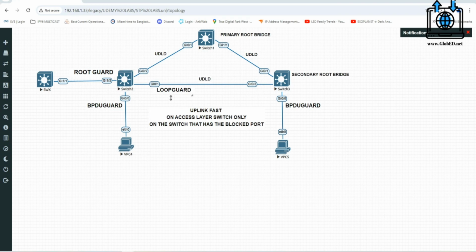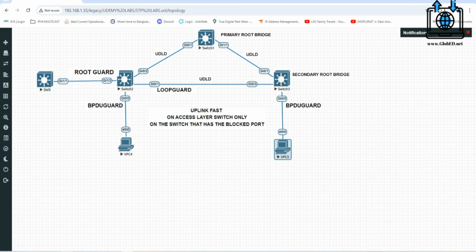Loop guard speaks for itself. We're preventing loops, and even though this port is blocked, if something happens, loop guard prevents it. And then PortFast, we've used it a million times. All that does is let the nodes down here get into the designated forwarding state quickly. And you see UDLD over here.